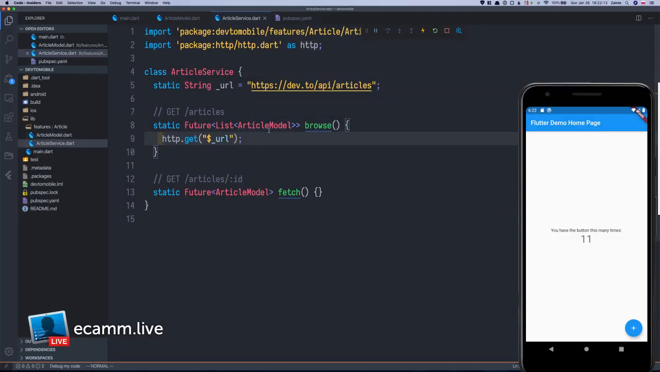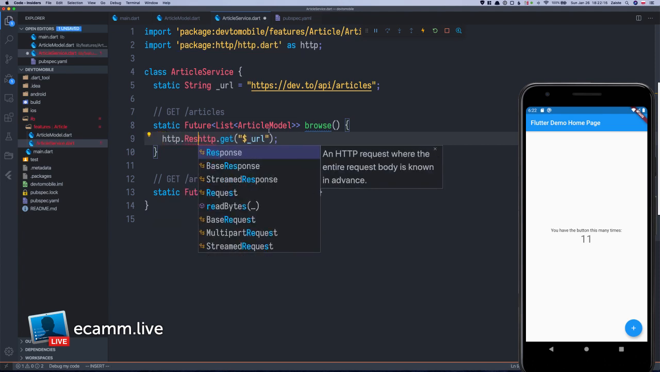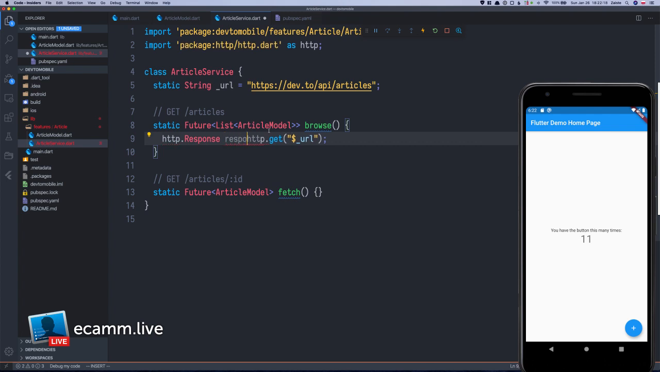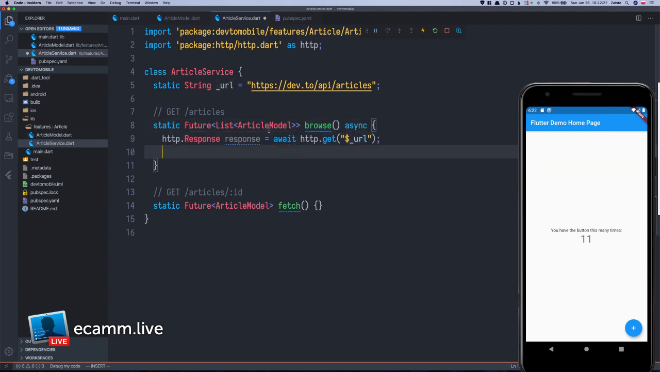Okay, so here we need to get the response. So we will do a response, and we will do await. This needs to be async, like that. So we are doing this request the same way we did it on the command line. So we are getting a string, and now we need to